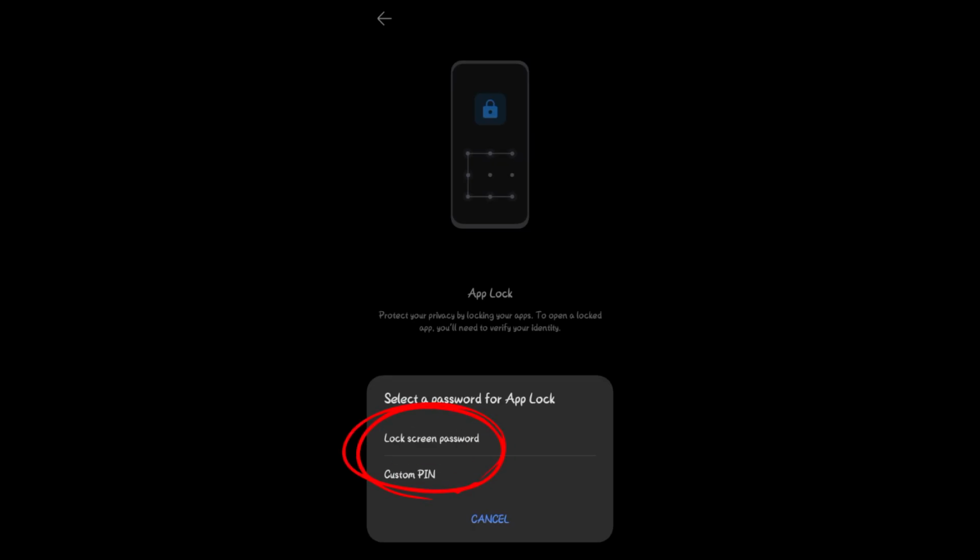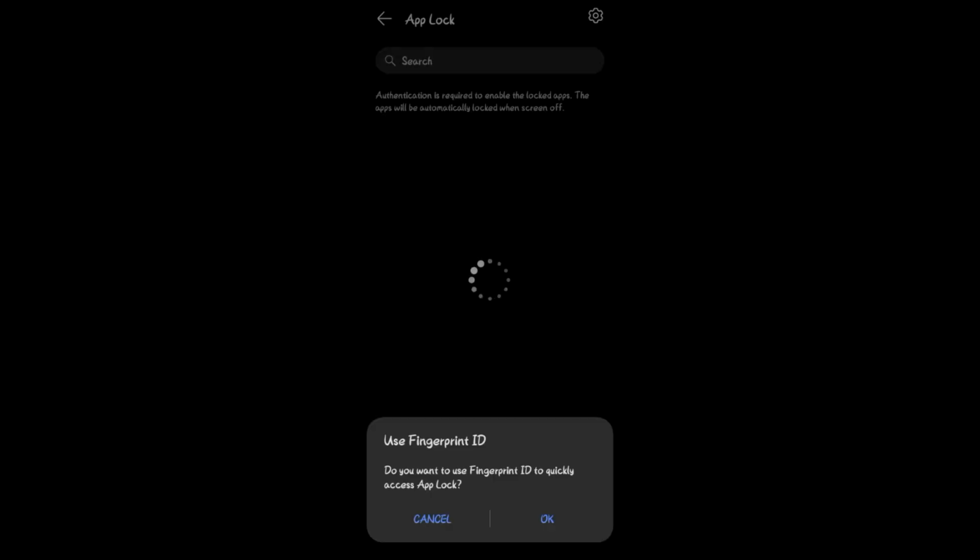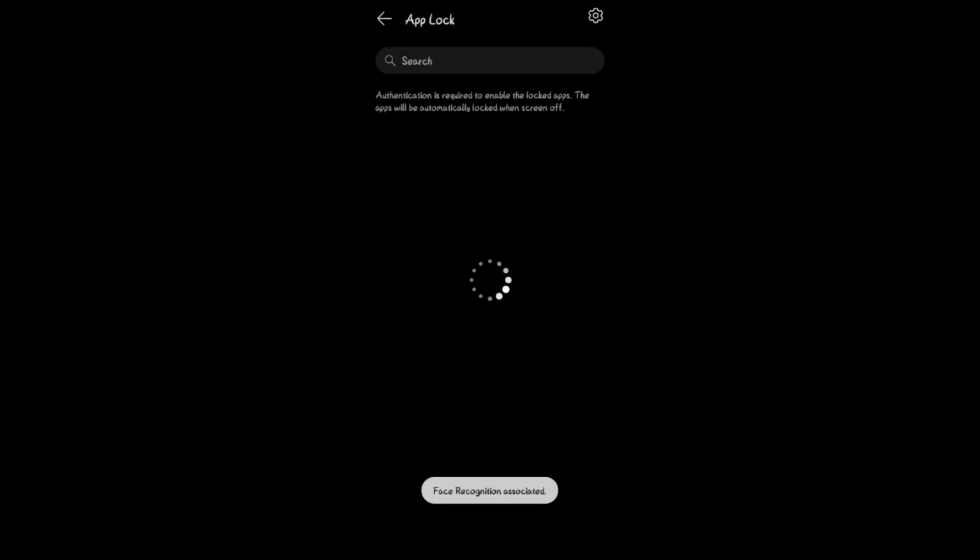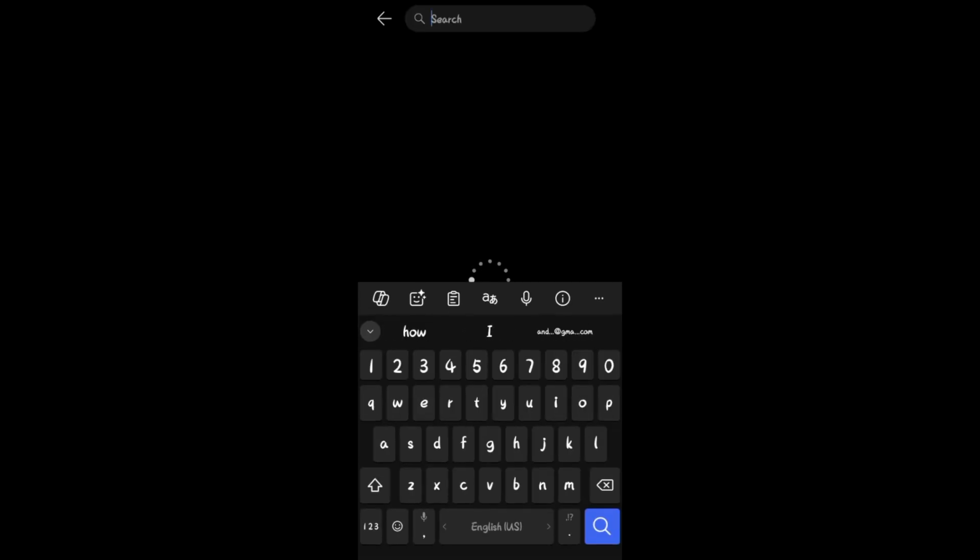or custom PIN. This time I will be using my lock screen password, and all I need to do here is to click this one, and then I can now add or enter my lock screen. So it is dark for security and privacy purposes. Once done adding password and also fingerprint, then you can now go and search for that specific application that you